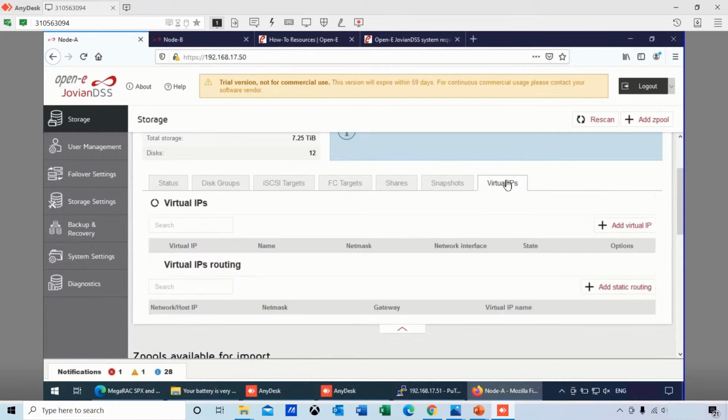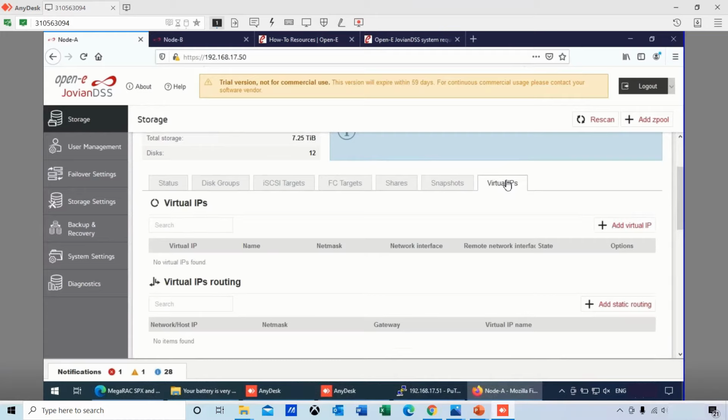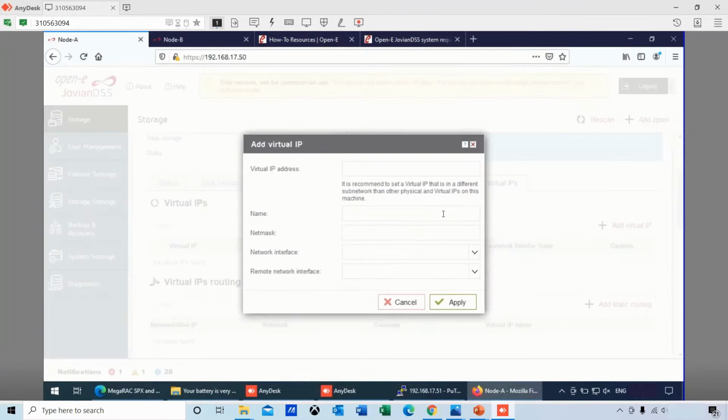The last piece is what happens if node A fails, logically or physically. What we've added is what's called a virtual IP address. And that way, if node A fails, node B can take over. How? Very simple. We want to be able to create a virtual IP address, and that virtual IP address is established between both systems. So they're kind of married through the NICs that we're going to select.